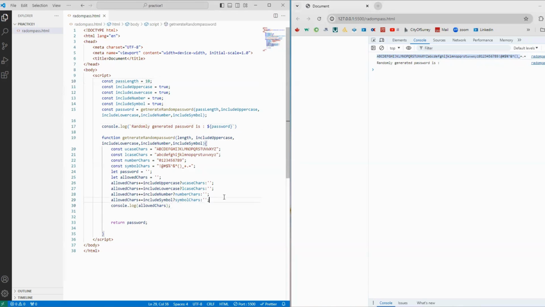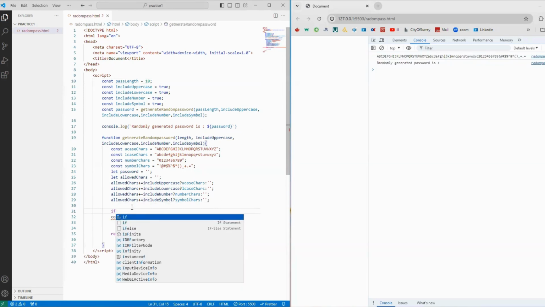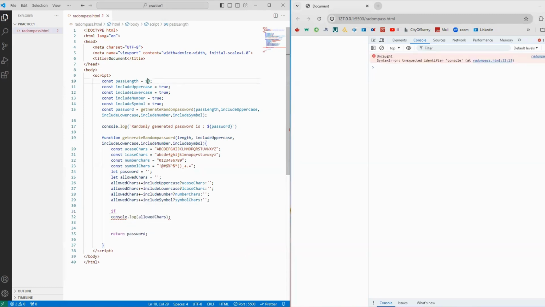Now, if it is set to 0, I want to throw some message. If it is set to 10, but still the allowed characters length is 0, then I want to throw some message there. So let's work on that. If the pass length is 10, it is supplied here, it comes in as length. So length for this password